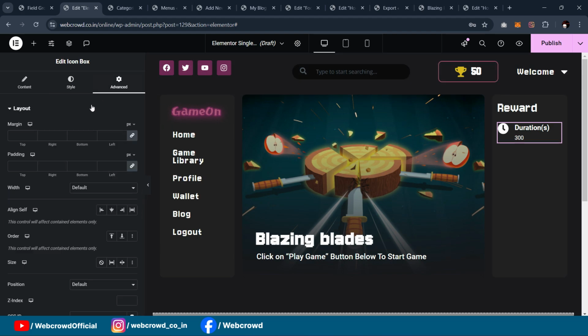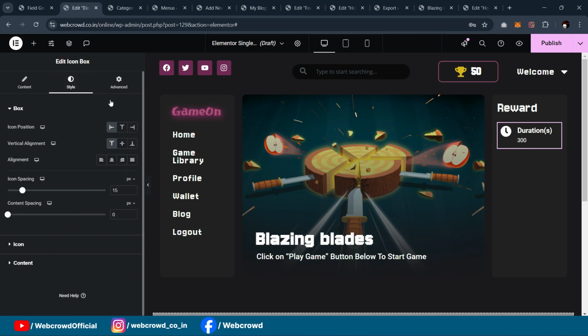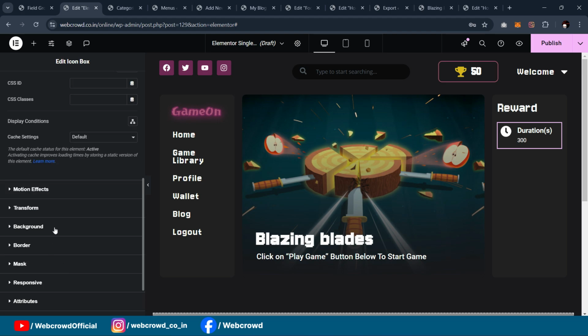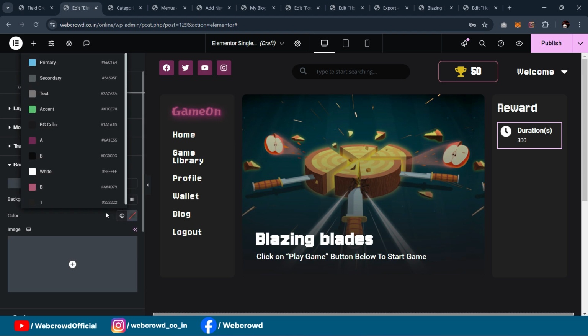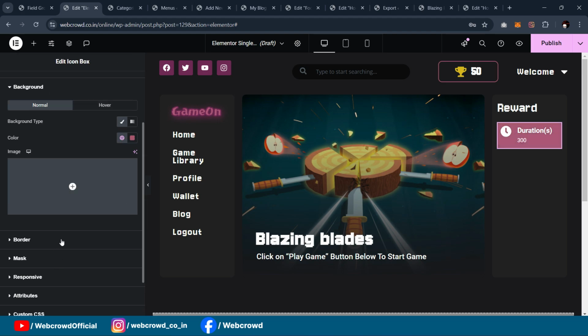Now select this and add some padding like 10, or make it 7. Set the background color like this, and also give the border radius. Okay,